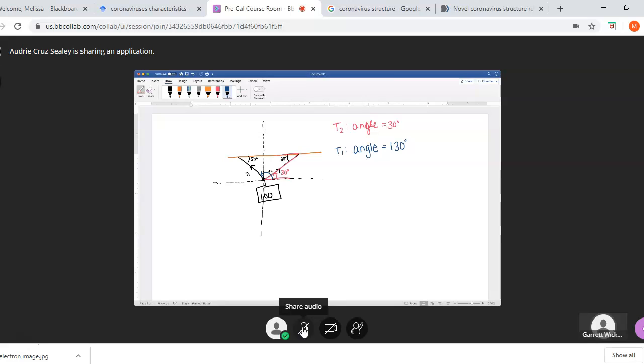Yes, ma'am. Okay. So the next thing that we're going to talk about: I have angles, and I'm going back to what we've learned so far. We know that, for example, for T1, it's going to have a horizontal and vertical component, right? So I'm going to have the magnitude of T1, and I'm going to call that A, because I don't know what it is. So A cosine of 130, that's going to be the i component, plus